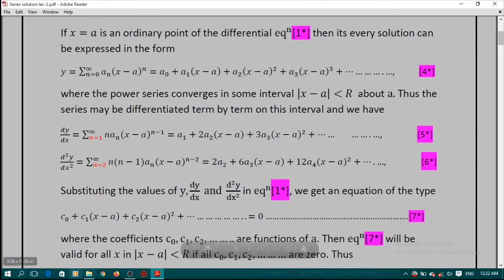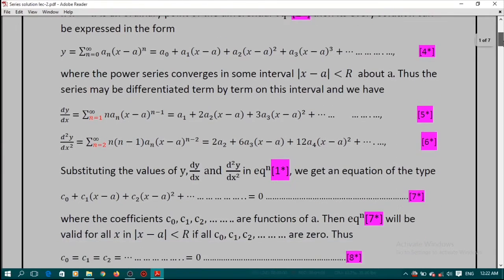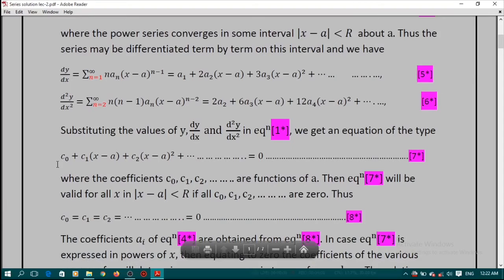Now substituting the values of y, dy by dx and d square y by dx square in equation 1, we get an equation of the type c0 plus c1 into (x minus a) plus c2 into (x minus a) whole square plus so on equals 0. This is equation number 7. So in equation 1, we substitute y double dash, y dash and y, then after some simplification we get this type of equation, where the coefficients c0, c1, c2 and so on